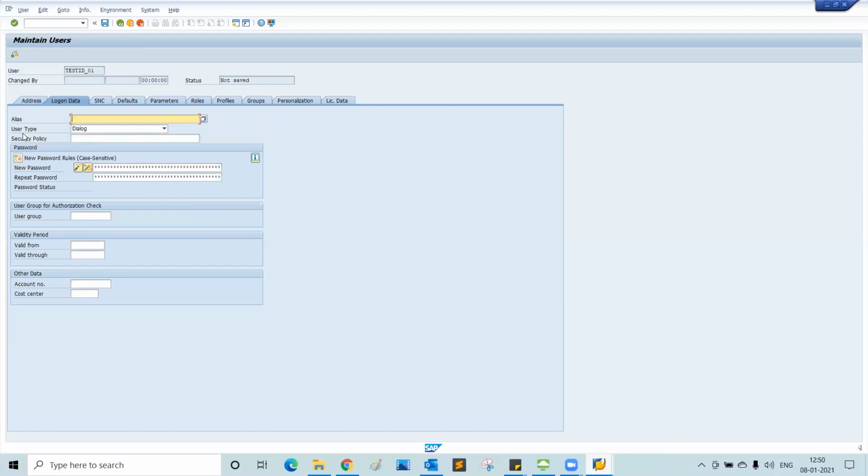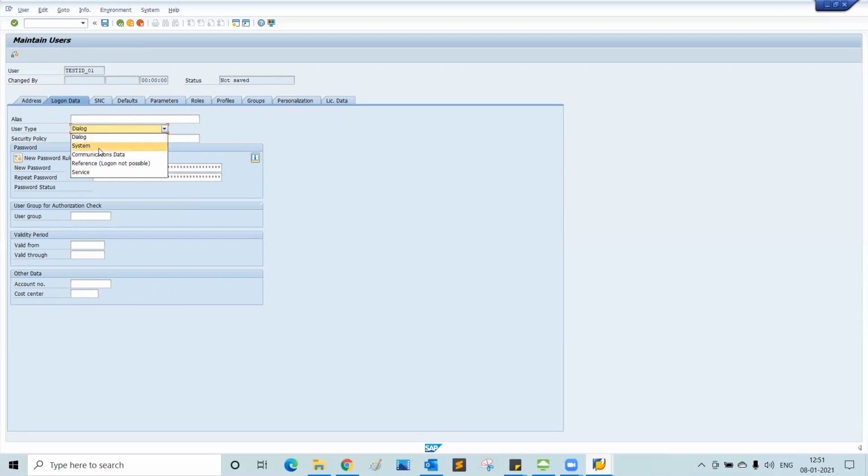If you observe, you have user type. There are various user types in SAP, like you all know. Dialogue is nothing but, for example, you and me, who would be interacting with the system. They are called dialogue users because we execute a transaction code and then we get something to see. So we interact with the system. So we are all dialogue users.